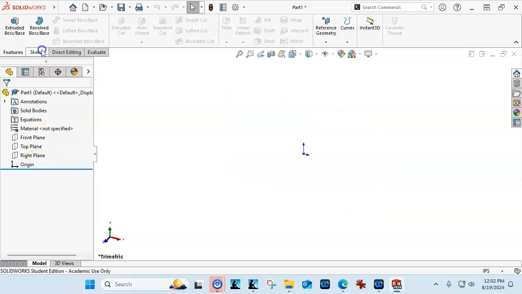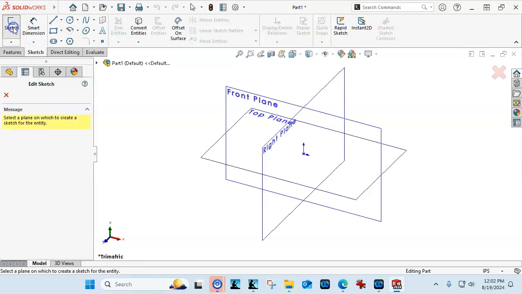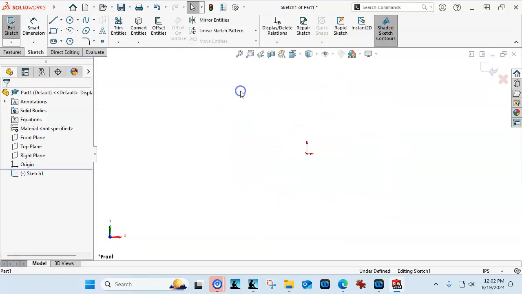If I don't do anything and go into sketch, the first thing it's going to ask is, where do you want to sketch? And I would just select the front plane. My preference is that once we move past this first stage, I'm just going to be selecting planes and faces, and I'm not so concerned about coming up to the command manager all of the time to make those selections. But to start off with, if you go to sketch, then on the sketch tab and then starting a sketch,